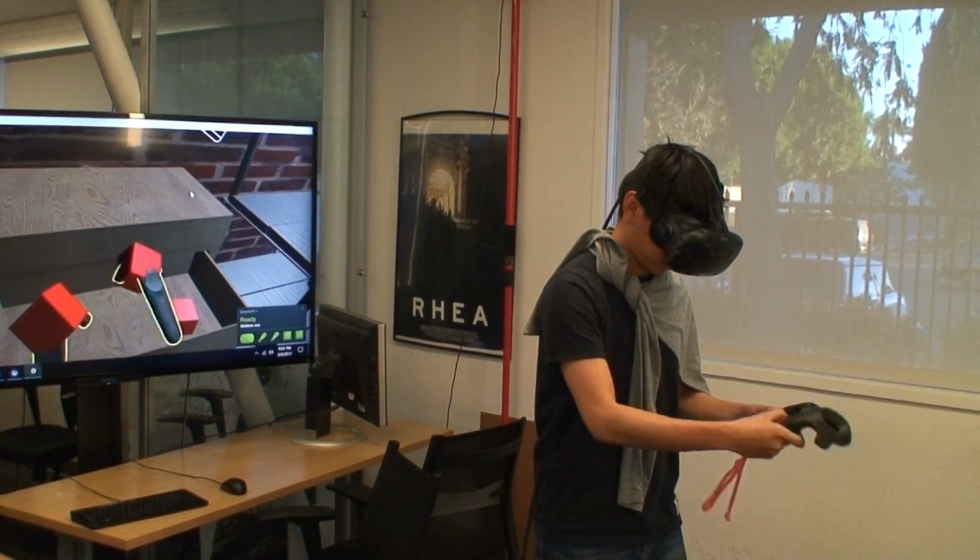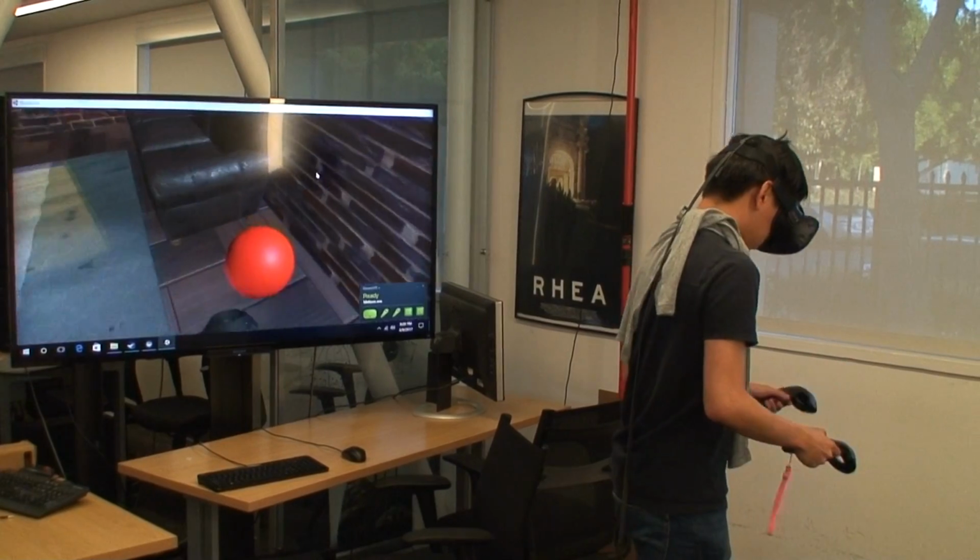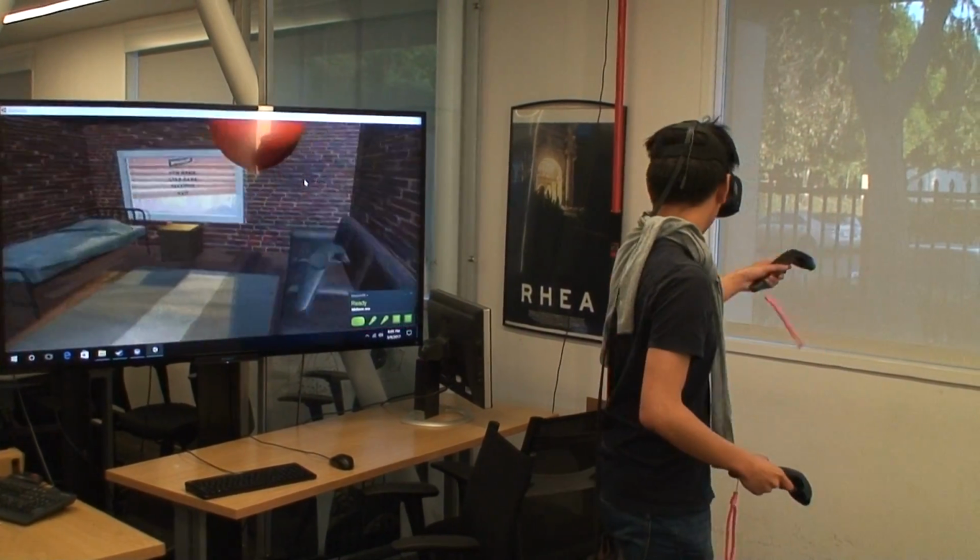So you can interact with objects, 2 of them at the same time, unless you're holding flashlights. We're probably going to try and fix that and make the flashlight a little bit more interactable, because it's not really